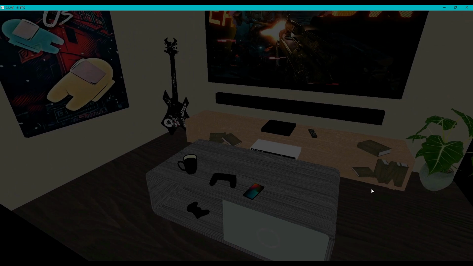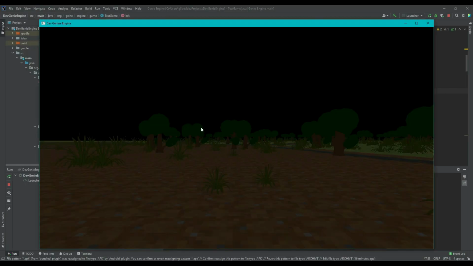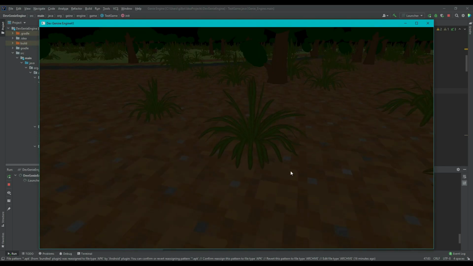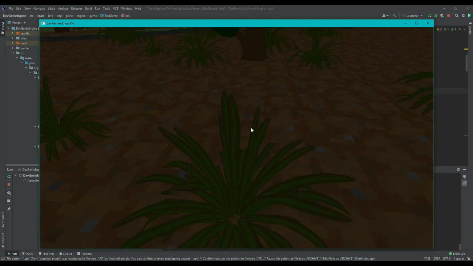This week we'll be taking a step forward as we begin to develop our engine a little bit more. With experimenting with this engine, you will find that some entities just don't look quite right. Here's an example I've set up here. As you can see, the trees are rendered fine, but this fern just doesn't look